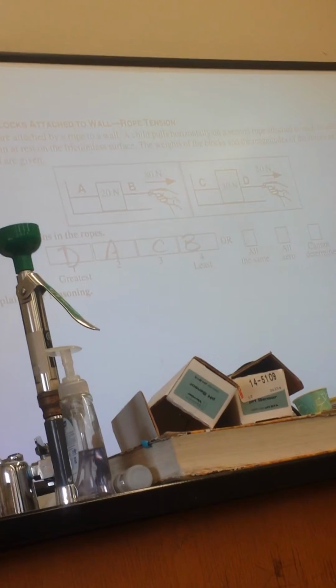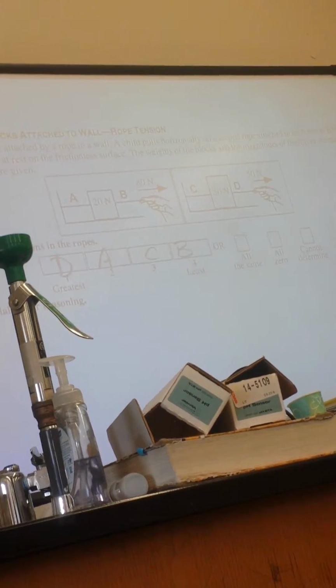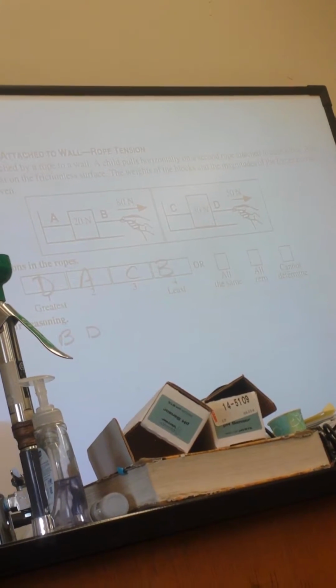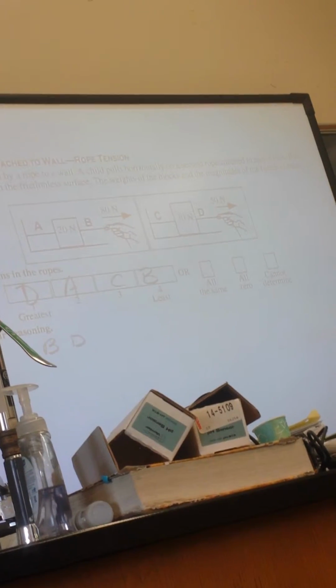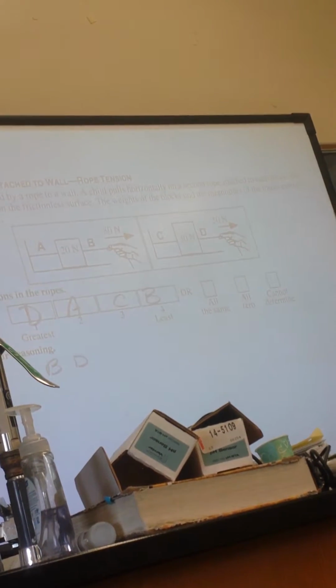Well, what I'm thinking is that B and D are automatically the first two strings with the most tension. You're saying B and D are the greatest? Yeah, because they're closest to the hand, and for B, the hand is pulling to the right with 80 newtons rather than 50. So I figure that's getting the most tension out of all of them. And then D, I'm assuming that's second, because I'm not 100% sure how to calculate the A and C tensions. But I'm pretty confident that D is the second choice.